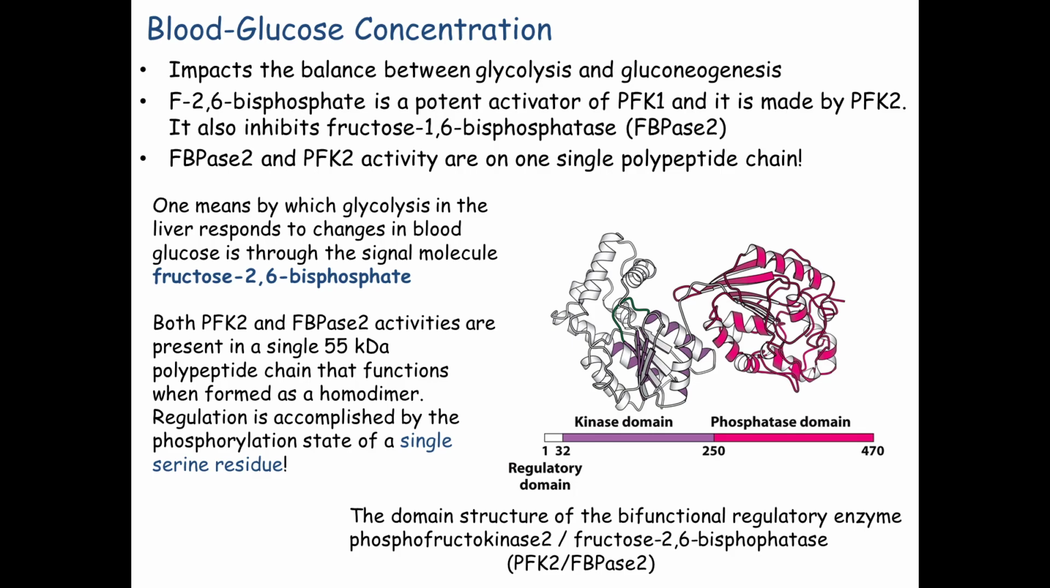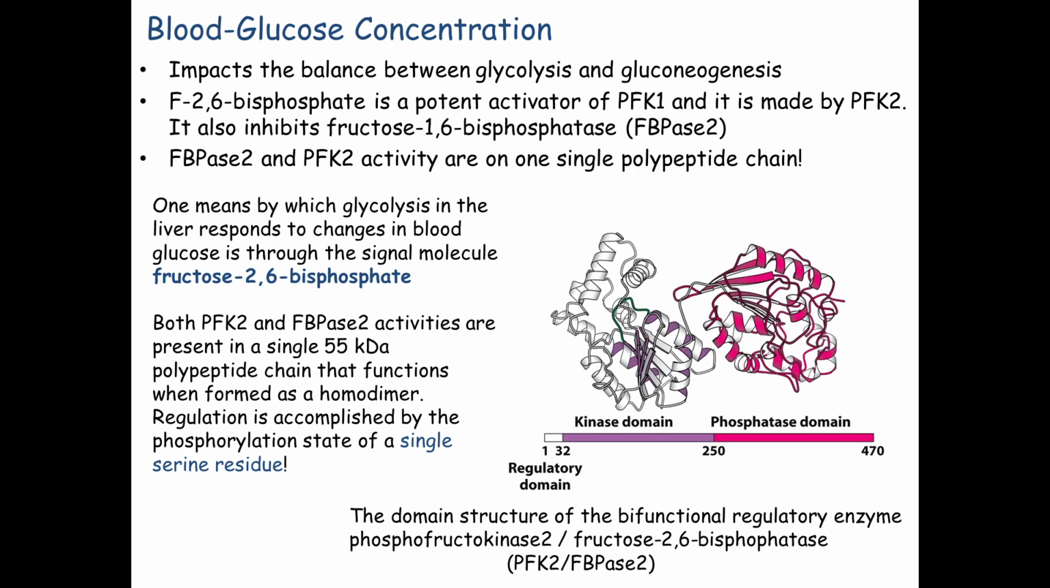Once step 10 is caught up, as long as you don't eat another dozen glazed donuts, as long as you don't have another bolus of glucose coming in, we don't want to go that fast anymore. So we need to turn this fructose 2,6-bisphosphate back into just fructose 6-phosphate. We need to cut off this phosphate. Fortunately, we have an enzyme for that. It's called